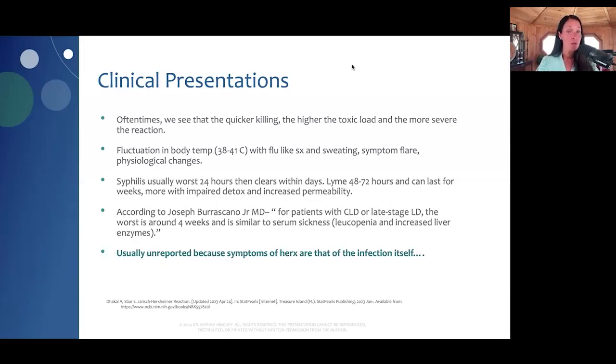It can last longer if you have impaired detoxification and increased gut permeability. We're going to talk a little bit more about this moving on, but it's just so important to make sure before you start trying to kill any organism inside the body, you make sure that there is not increased gut permeability, and you really make sure that all of the routes of elimination are working properly and that detoxification is